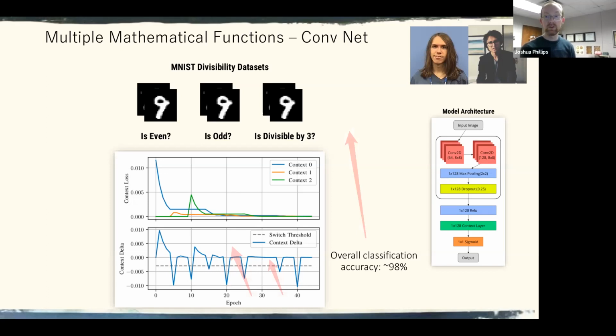So for instance, maybe you're just trying to answer the question about whether you are dealing with even numbers, right? So half the digits are even, half the digits are odd, or maybe you're supposed to respond with the opposite answer if it's an odd number. And then also there's something that's in between, like what if the number is divisible by 3, yes or no? So all these are yes or no answered questions. We just have one output and it needs to say yes or no, but it's switching between the different task